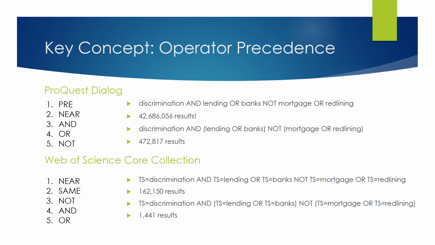You'd still want to limit your results in both of these searches by date, or maybe use a title field code to make the results the most useful for you. But knowing the operator precedence will make a big difference in what results you get in search strings with multiple terms. So don't forget to find those out before you